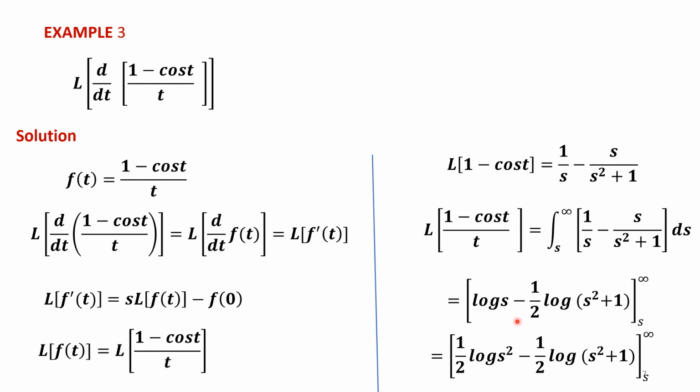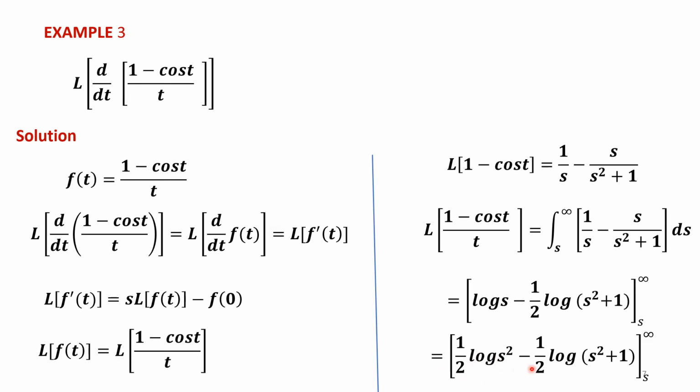So what I am doing is, instead of removing this half, I am going to multiply here half, so that we can write log s as half log s square. So when we simplify this, we will get log s as the answer. So writing log s as half log s square, or you can take this half in the power and write this as log of root of s square plus 1. So both the methods are okay. I have not taken that root. Instead I have taken half log s square.